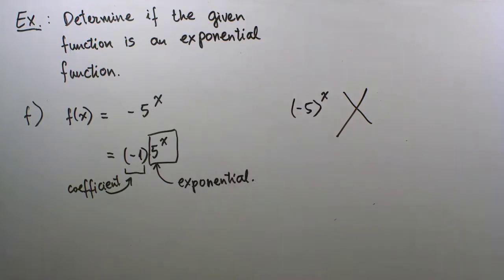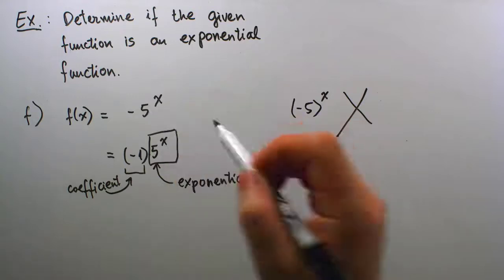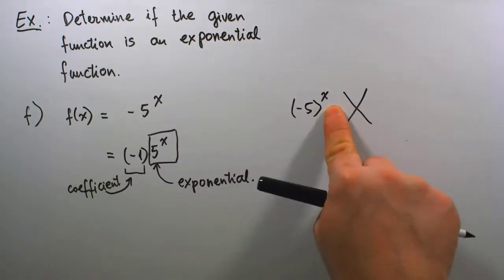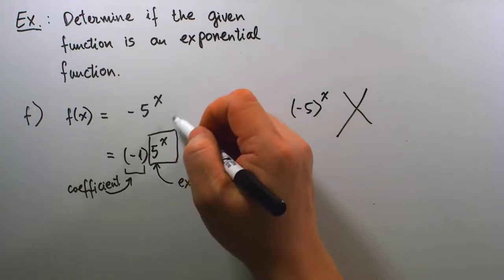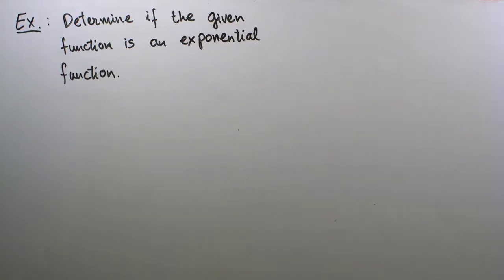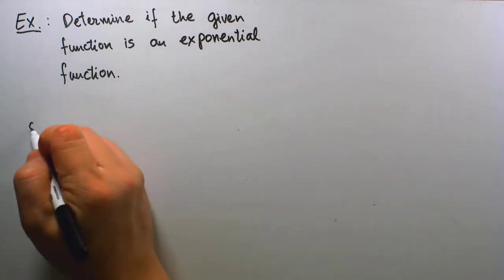All right, so in this way, a function like this is indeed very unlike the one with negative 5 in parentheses raised to the x. This one here qualifies well to be an exponential function. And another one I can point out,